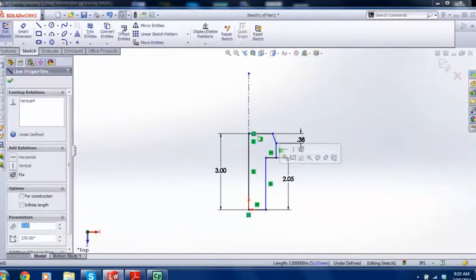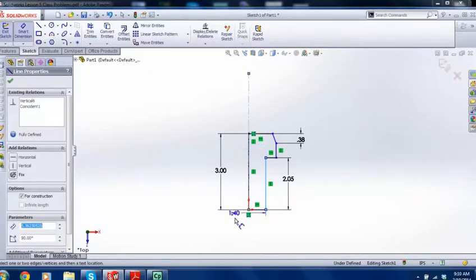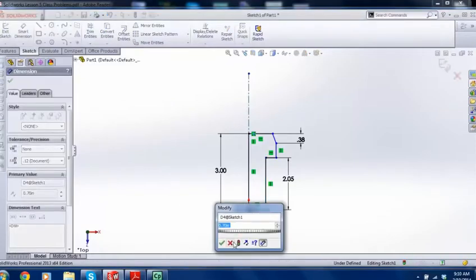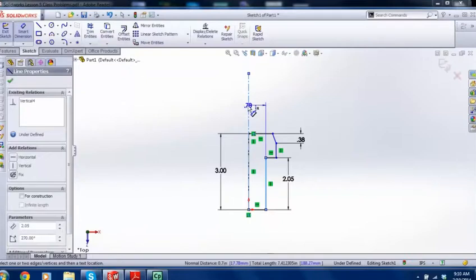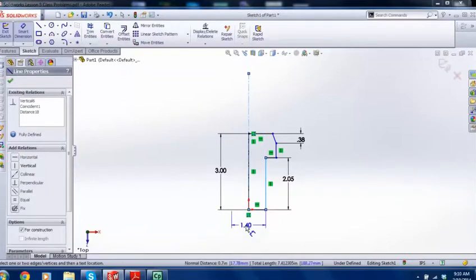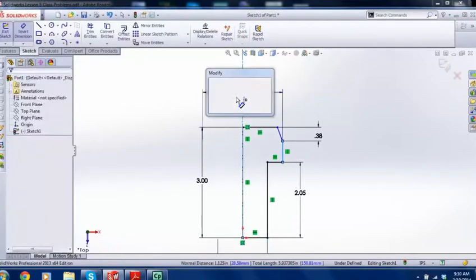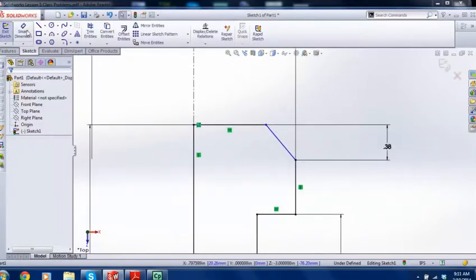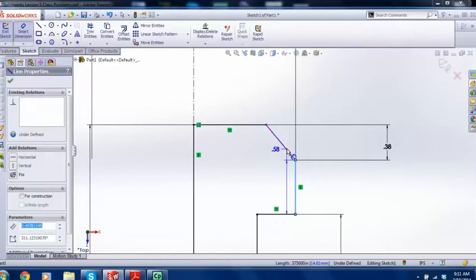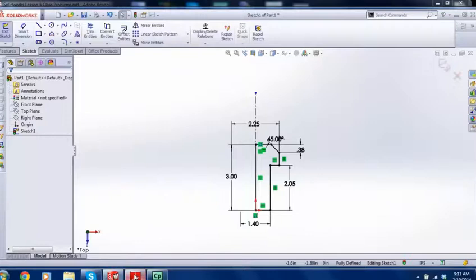So from here to there, don't be like that. Let's try that again. 1.4, and what was this one, do you remember? 2.25, and there it is. Okay, and we know that that's 45 degrees, so let's just put a dimension in. From there to there is 45. So the only dimension that's missing is this